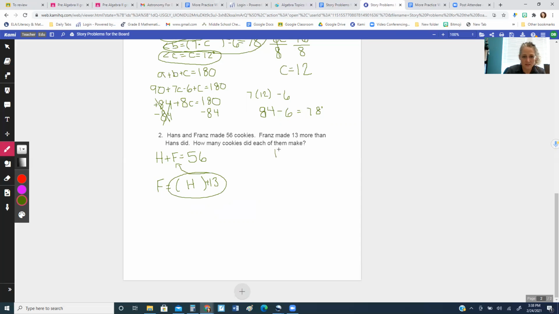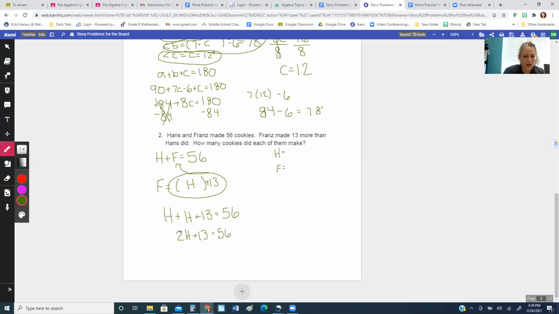So I'm gonna substitute this into there. So, and we're going to say Hans is, we're going to put this up here. Hans is this, Franz is this, but I don't know. Okay. So H plus, okay, now this is Hans. Now this is Franz, but Franz is H plus 13. So H plus 13 equals 56. Okay. See if we have any combined like terms. We have an H plus an H. Okay, so that's 2H. And then we have just this 13, and it doesn't have any like homies over here that it can combine with. So we're just going to do 13 equals